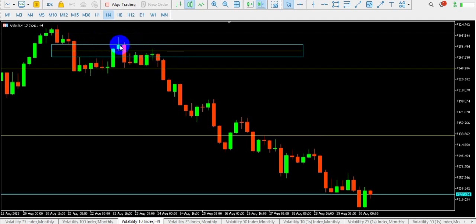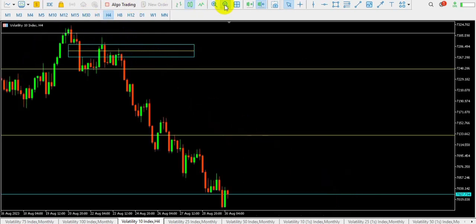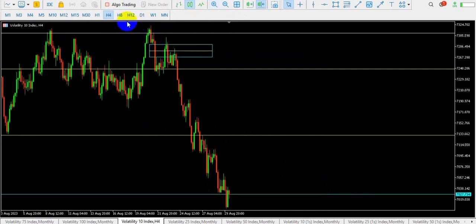So now after that, we have this consolidation. So this is where I drop down to the 30 minutes time frame. That's where I took my entry. So now I want you guys to notice something. Let me do something here so you guys can see